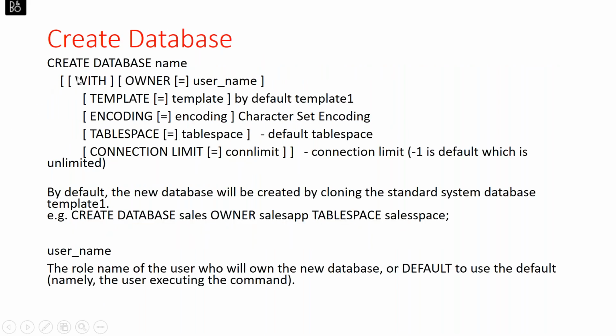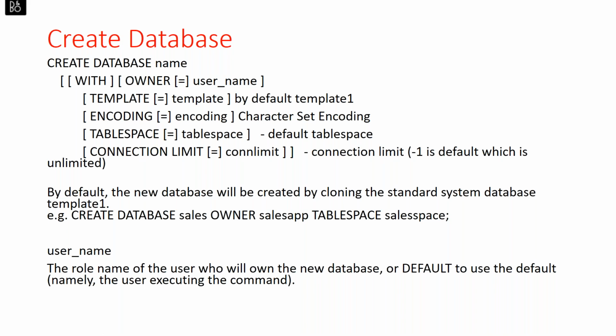Okay, so this is the command to create your database. If you see this command, I just specified the default: create database name. I think we tried that on that day, create database and the database name. But you can specify different options as well. Create database with owner. The owner is the owner of the particular database. By default Postgres is the user, so Postgres becomes the owner.